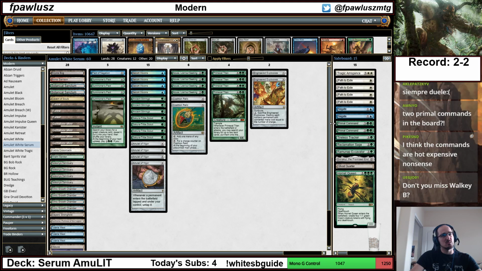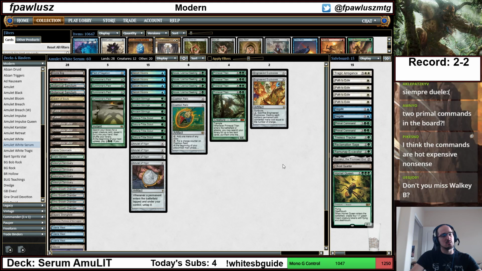Yes and no, basically. I think that Walking Ballista is excellent in a couple of matchups. It's like your only shot against something like Infect. It's just very, very good against stuff like humans, particularly spirits and stuff like that. But